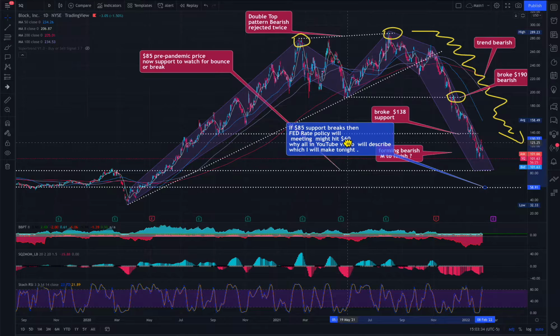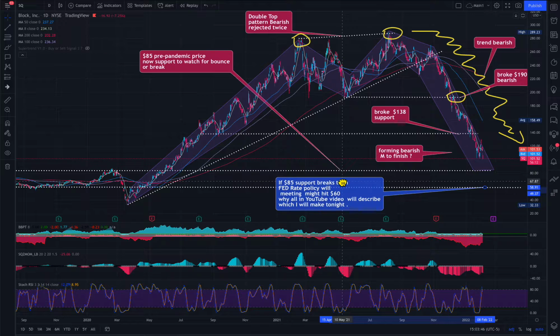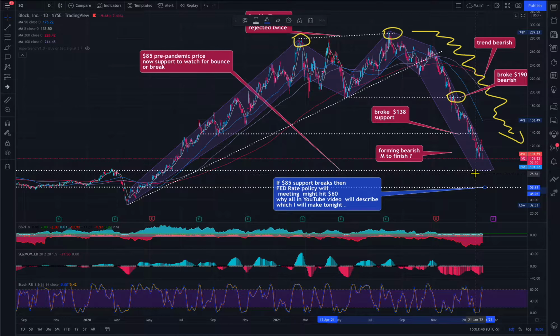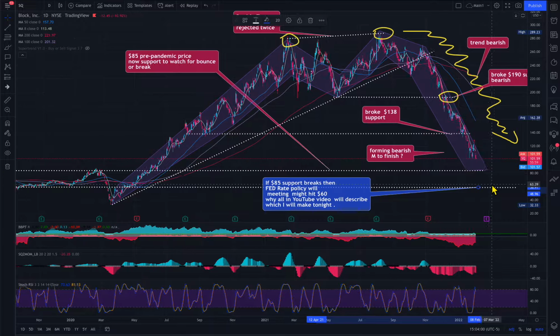But I also wrote down here, if $85 support breaks, then the Fed rate policy meeting might take it to $60. Why? All in YouTube, which I'm making a video on right now. So why do I feel that this support will not bounce like this? You see this? Why will it not bounce and it will break? It can consolidate, it can do this, but the bottom line is what I see right now here is